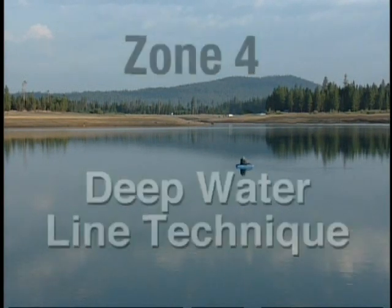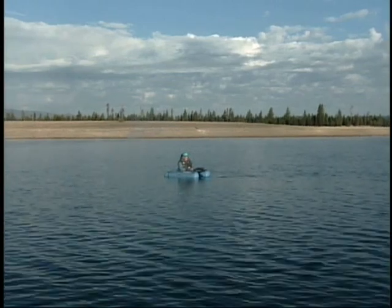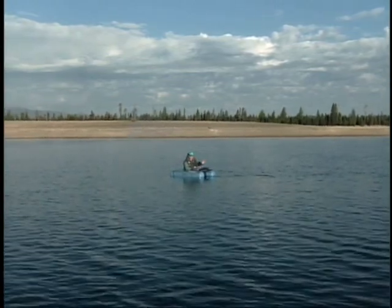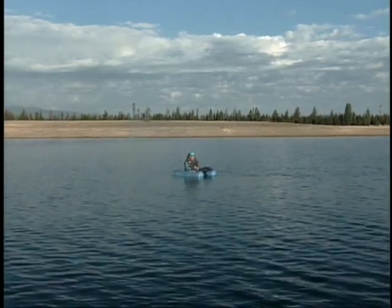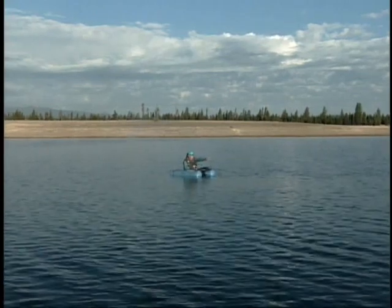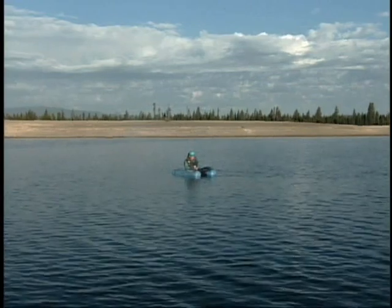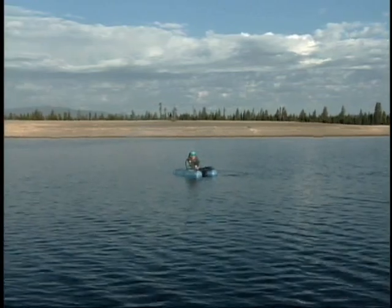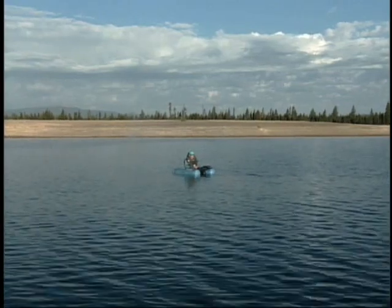Hey folks, we're here at Wickiup Reservoir in Southern Oregon. This is a good example of how to fish a real deep zone, what I call Zone 4, and that's anything beyond 10, 12 feet. We're actually sitting in this area right here, about 20, 25 feet. It's getting into the fall period, the water's cold, and these fish generally hold right around 18, 20 feet,